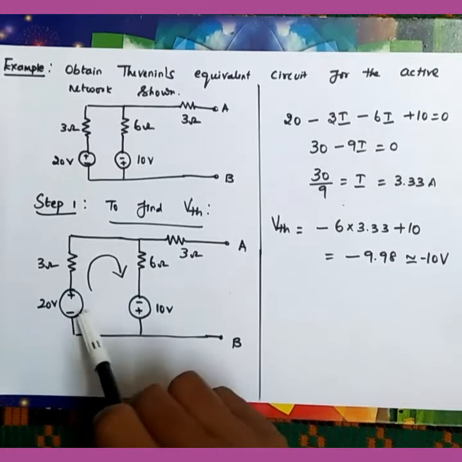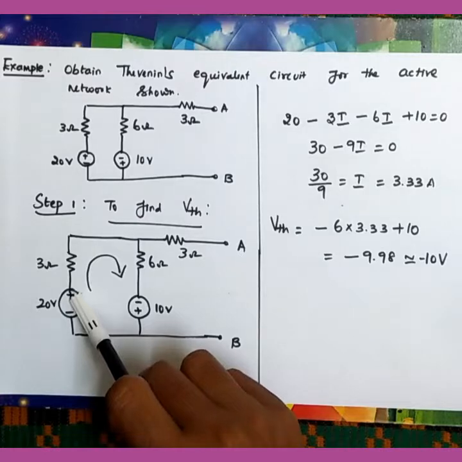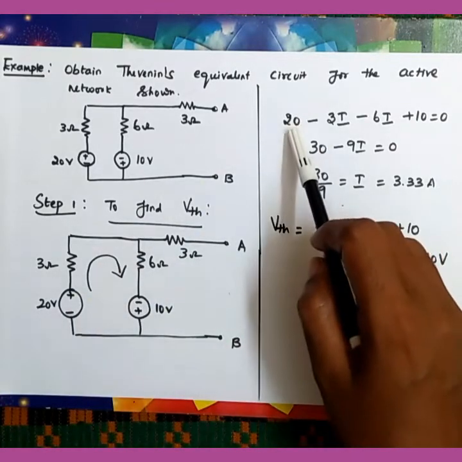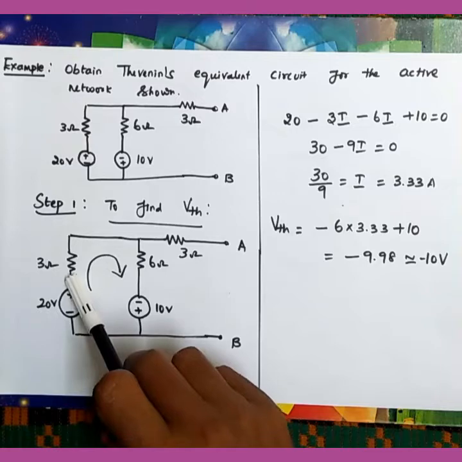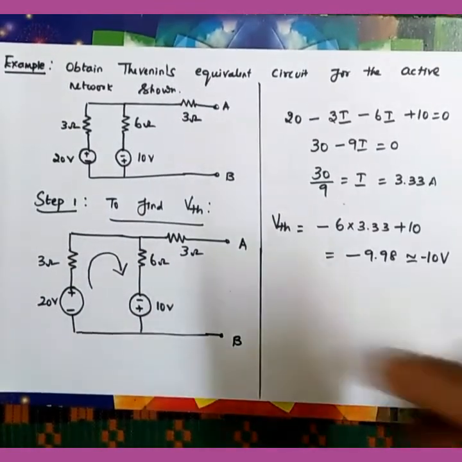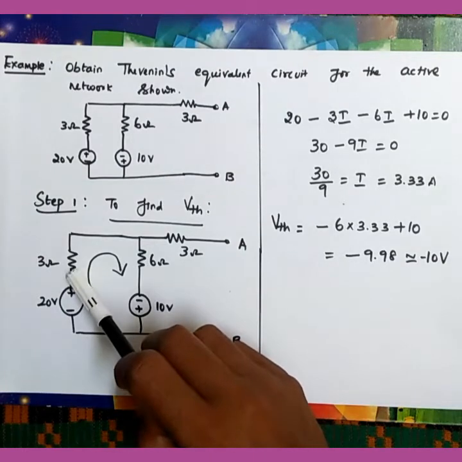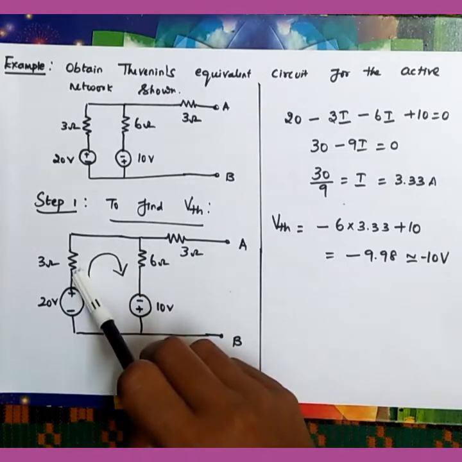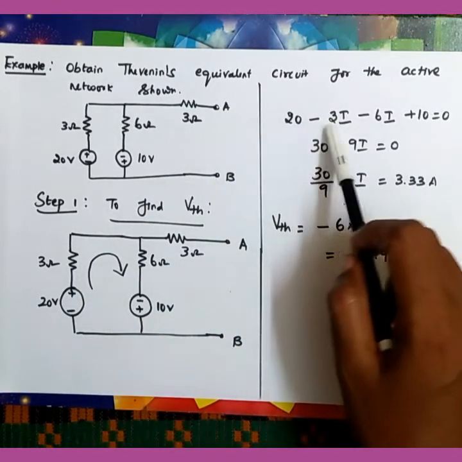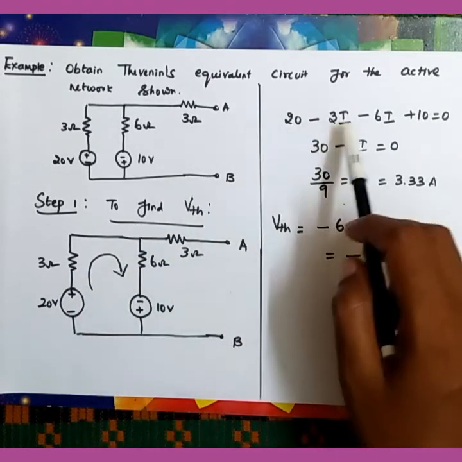For example, I am going to start from the battery. The current is coming out from the positive plate of the battery, so the voltage is taken as positive, plus 20. Then I am going to enter the 3 ohm resistor from bottom to top. The current is also flowing in the same direction, so the drop is taken as negative. So minus 3 into I; only one closed circuit, so the current is taken as I.